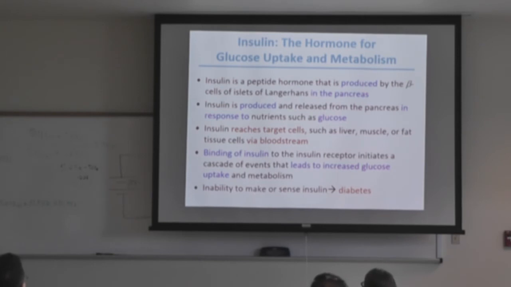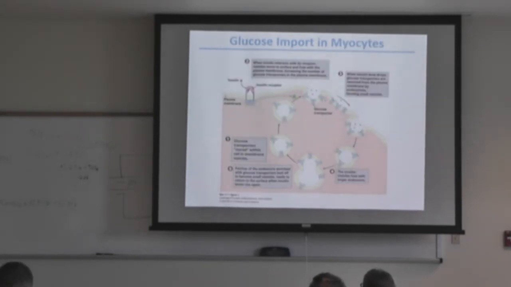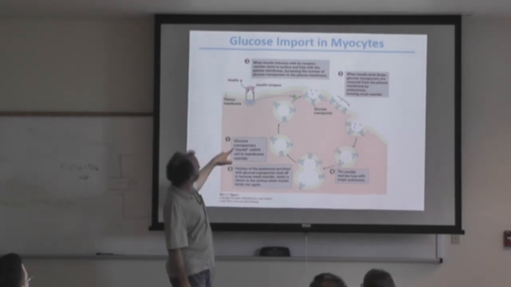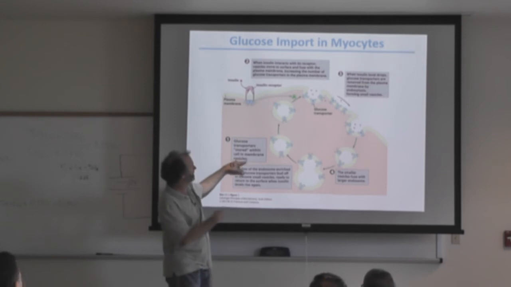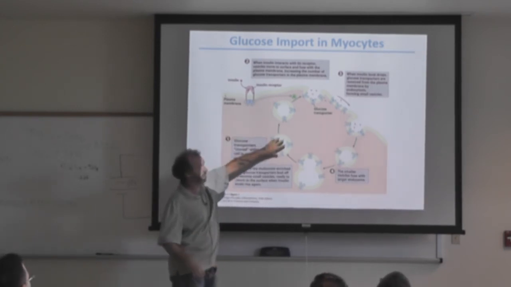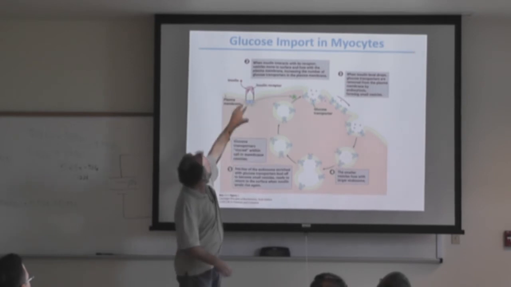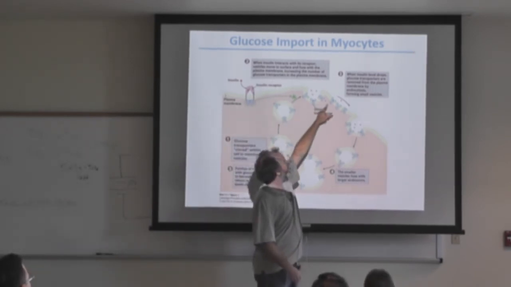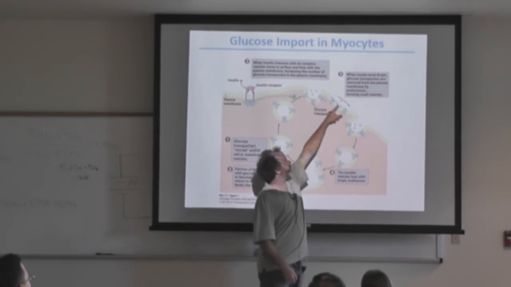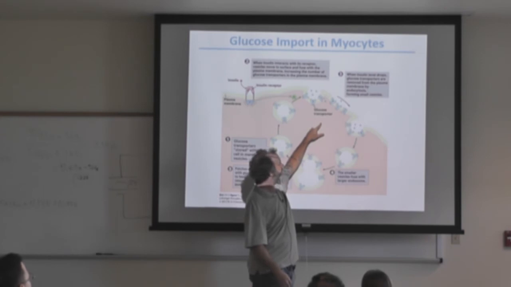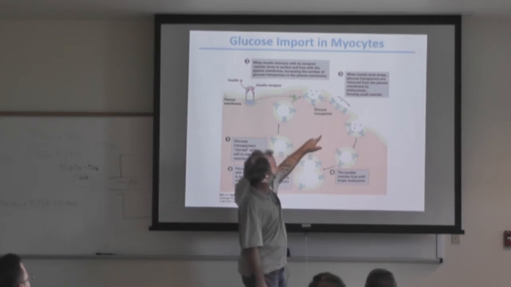So this is the figure from your book that shows you get activation of the insulin receptor, and that's going to end up signaling glucose transporters stored within the cells and vesicles. So these are stored in the cell. Insulin binding causes these to fuse with the plasma membrane. When they're fused with the plasma membrane, glucose can then be transported easily across the membrane down its concentration gradient,